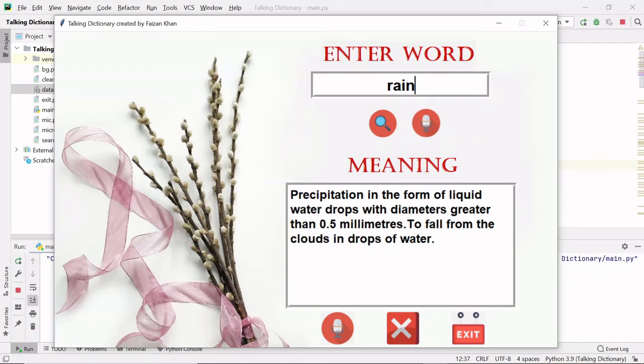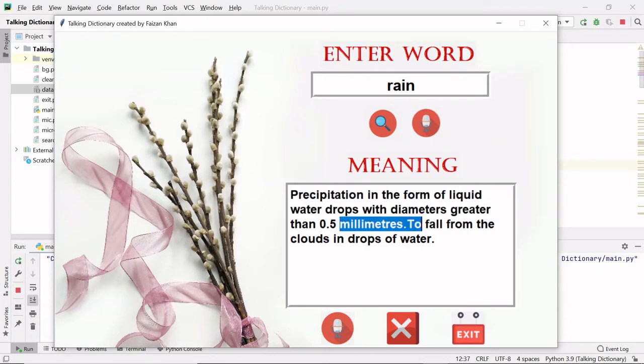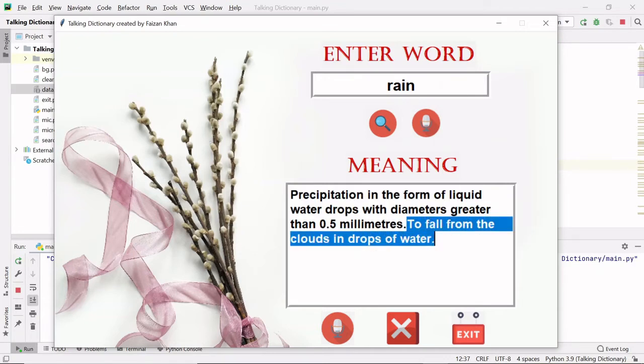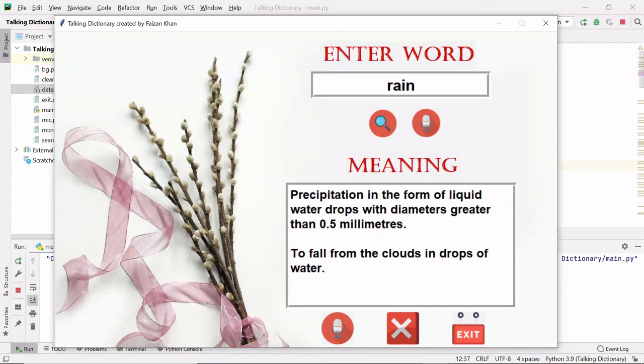Precipitation in the form of liquid water drops with diameter greater than 0.5 millimeters. So this is the first meaning that we got, and just after this we are getting the second meaning: to fall from the clouds in drops of water. What we want is this second meaning to appear on a new line like this. Okay, after two new line characters we want the second meaning to appear. So how can we do that?